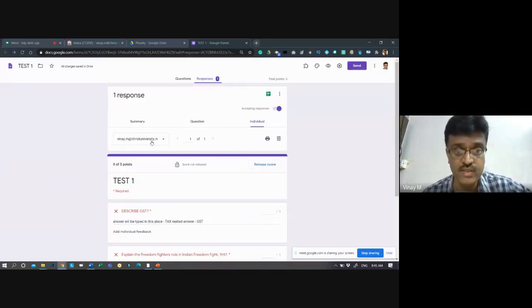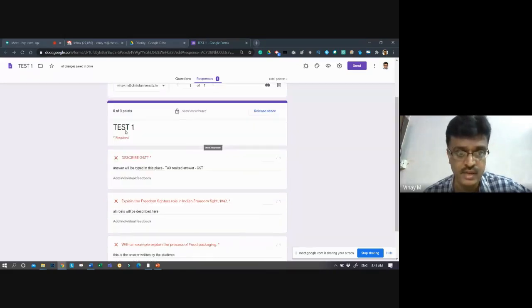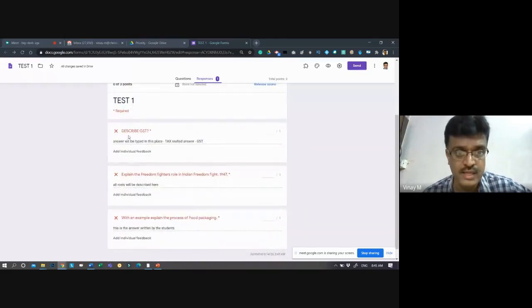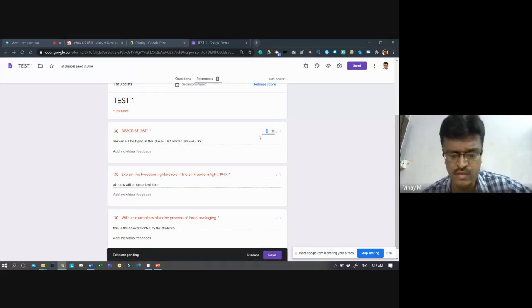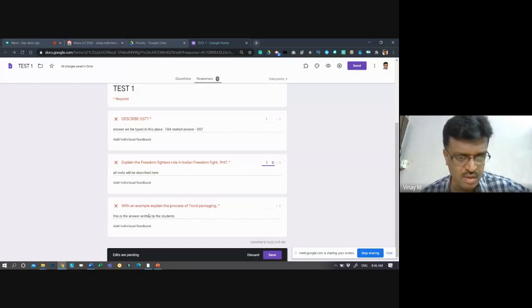See, one is Vinay, who has already attempted this quiz, and he is the only student who has written it. Just the test one, you can see below. It describes some question, and this is the actual answer the student has given. How much marks? Is it worth 1 mark? Out of 1 mark, you can give here, say 1 mark or 0.5, or 2 marks. You can decide like this. Okay, sir, he has written very well, 1 mark. This one, he has written very well, 1 mark. This student's answer is not so good, so give 0.